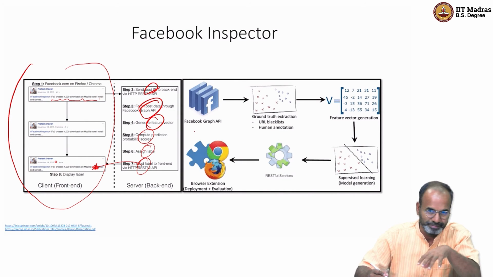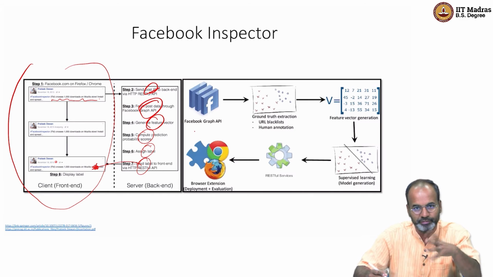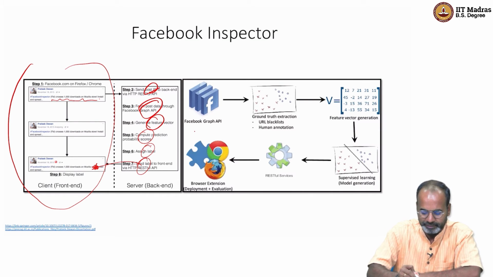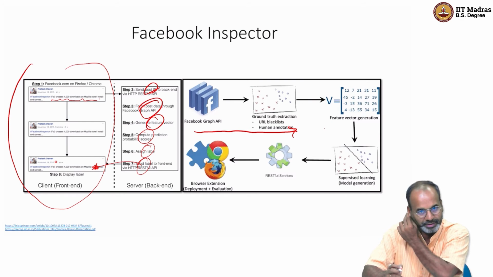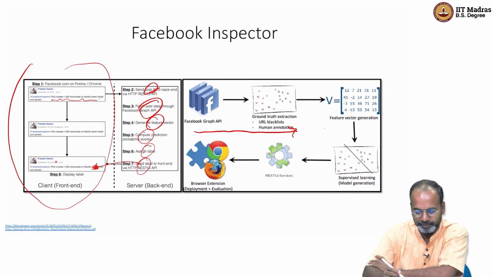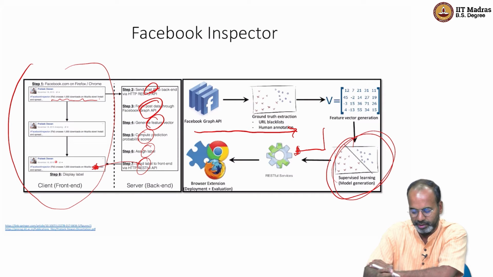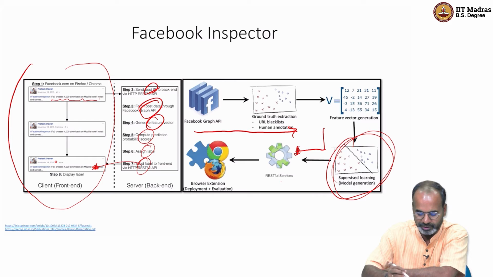Just to give an inside view of how it works. From the API, you create ground truth extraction, with models that are already created. You generate the vector, which is very useful, and depending on the model and the features that we have already studied, we make a choice with the features and the content that is available to us, and the values are sent to the Chrome browser.